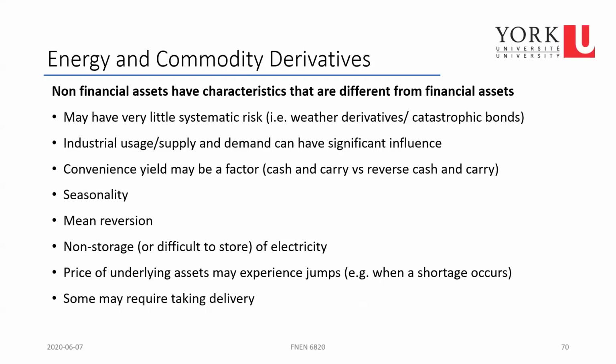There may be shortages and there may be jumps, so prices may not really be continuous for certain non-financial assets. Although even financial assets may experience jumps as well, certainly for non-financial assets, shortages and those things can be a very good reason for jumps to happen. Now, one key example we may have is that we know that